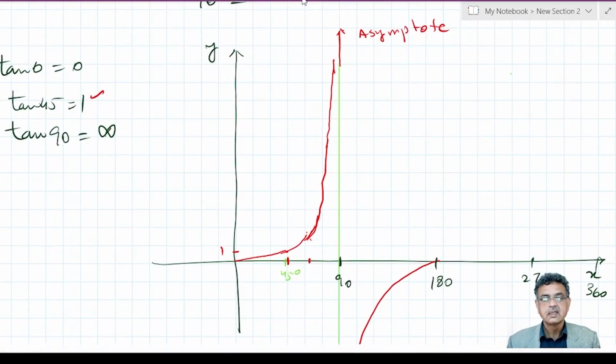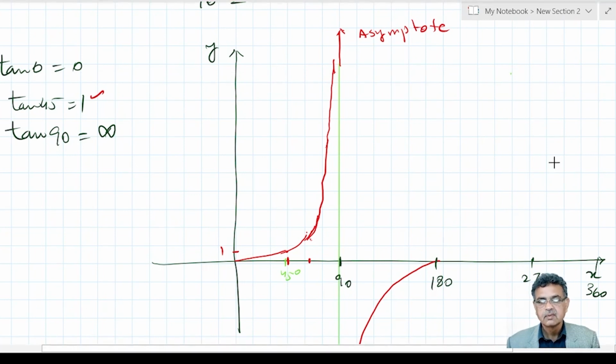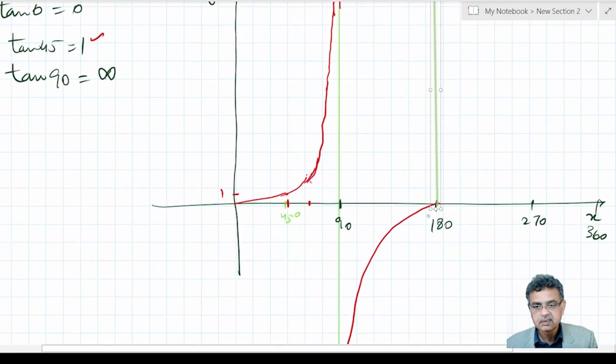Then if I draw these lines here, at 180 degrees, this is the line at 180 degrees,